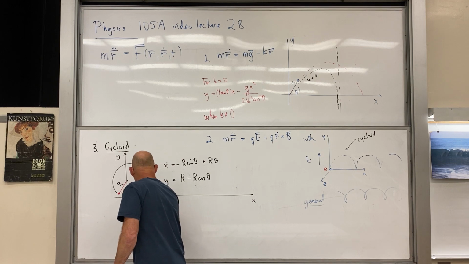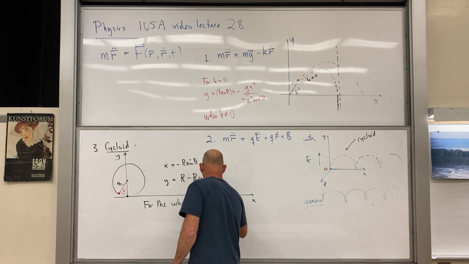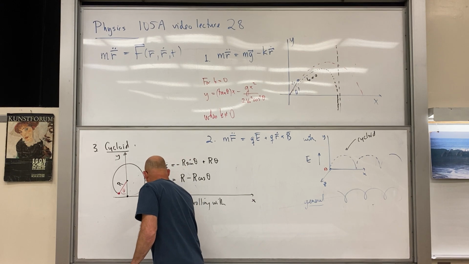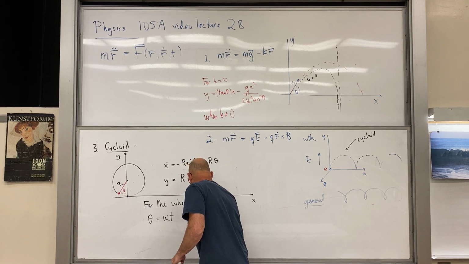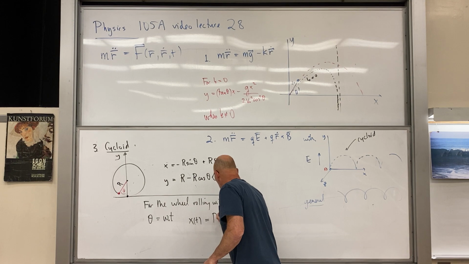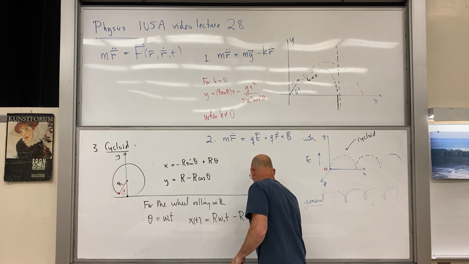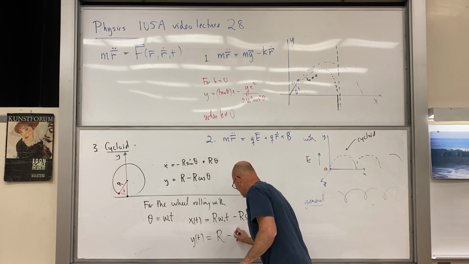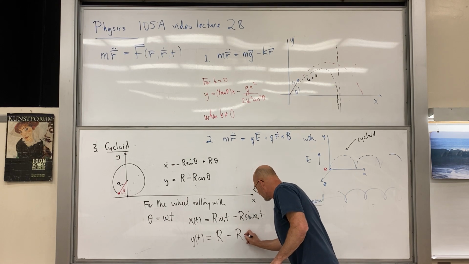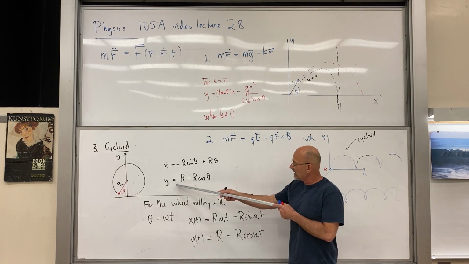So for the wheel rolling with theta equals omega naught t, right, with some angular frequency times t, we can now write out x of t is equal to r omega naught t minus r sine omega naught t, and y of t will be equal to r minus r cos omega naught t. See, so this was the parametric expression